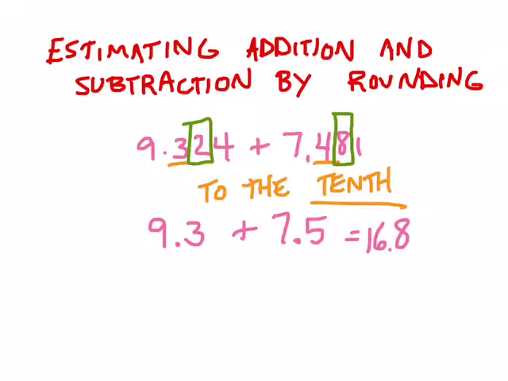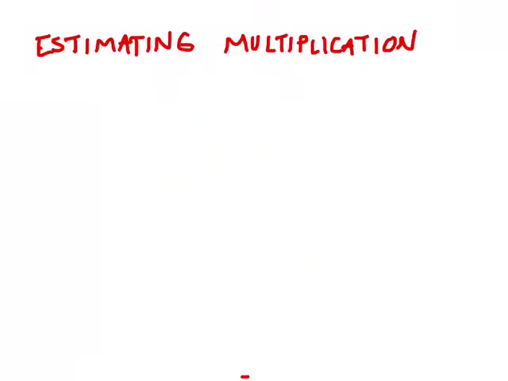So in this case you saw I rounded both to the tenths, not one to one thing and one to another. That is not the case when you estimate multiplication. When I estimate a problem like this with multiplication, I don't worry about rounding to the same place. I round each number individually to a place that I feel comfortable holding in my head. Some of us probably can do mental math with bigger numbers, and some of us like to have smaller numbers,